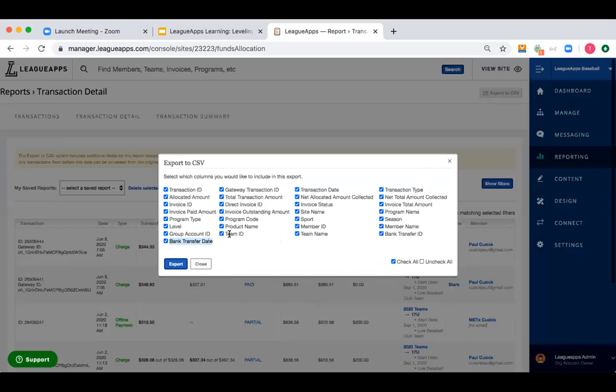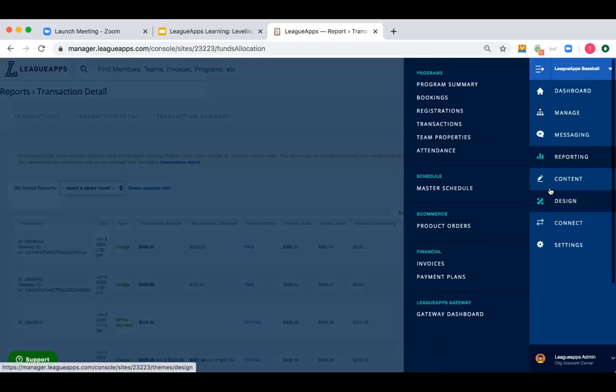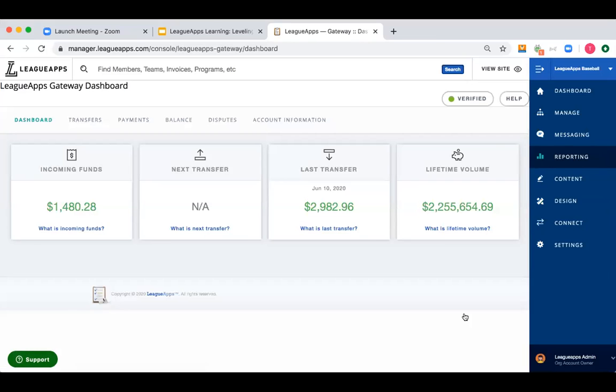Awesome. There's actually another way also through the gateway dashboard. So can you show that as well? Because I think what you just showed is great to look at a lot of different registrations across a lot of different dates, but say they want to go the opposite way, they see a deposit in their bank account for $5,000, how do they know what is included in that $5,000?